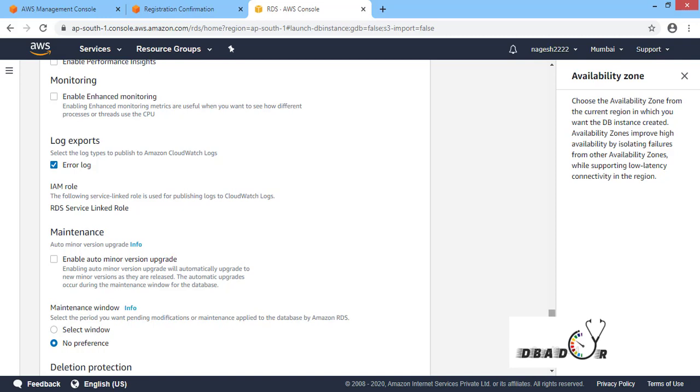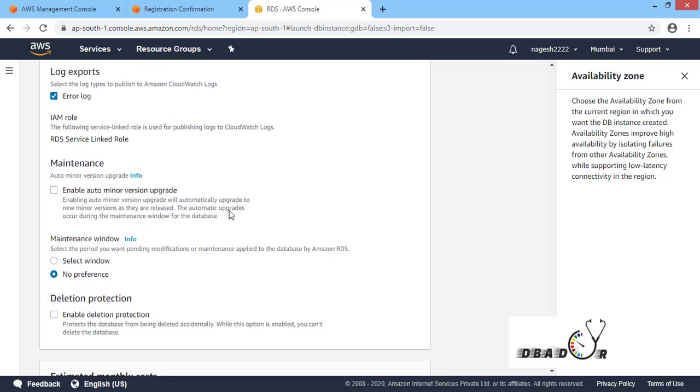So if you do maintenance, you can see it once you select this, enable auto minor version upgrade. So let's say in your 2017 any new service pack is there, then the Microsoft team, Amazon team is taking care of upgradation, patch upgradations, and taking backups and storing the backup or moving that backup into archival state. So no need to worry, and they are ensuring there is no downtime, and they are ensuring your database